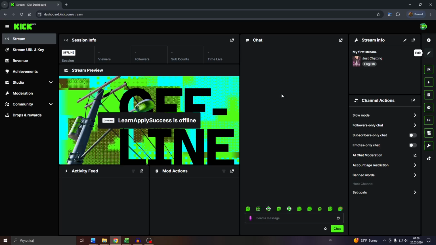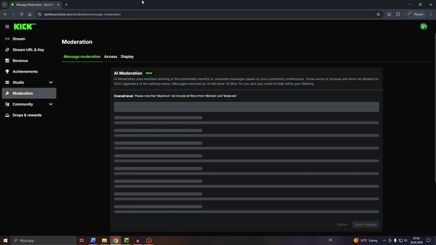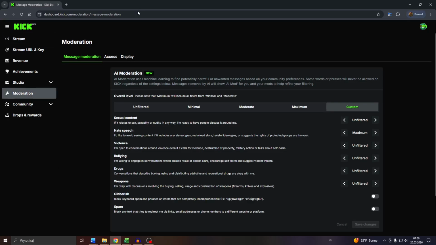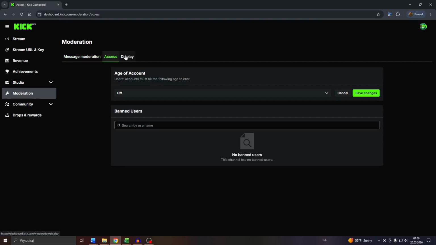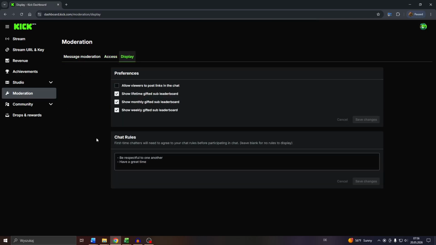So guys, head over to the Kick application, log into your account and navigate to your creator dashboard. From here, navigate to moderation on the left hand side. Here what you want to do guys is navigate to the display tab, here, and then navigate to the chat rules